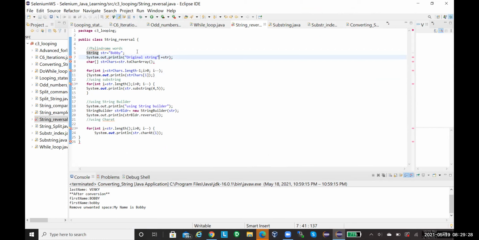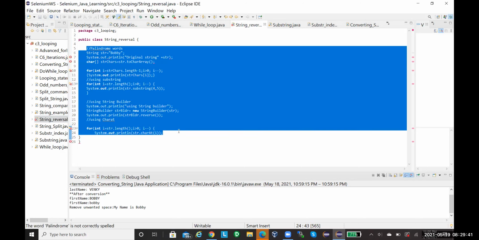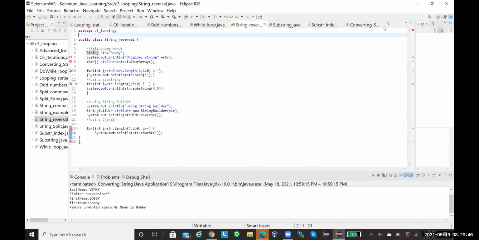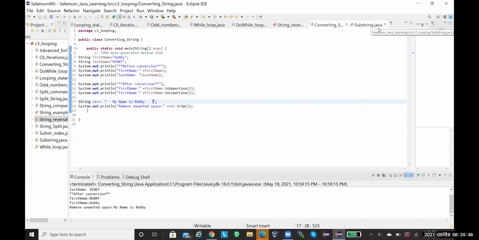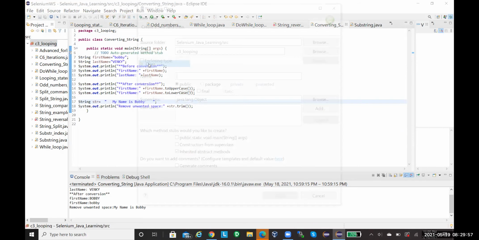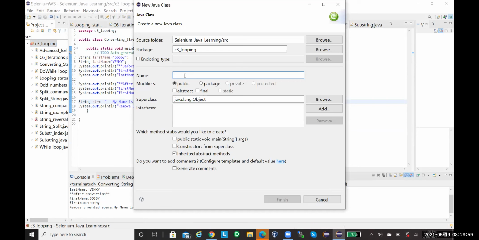I think you're speaking on mute. I'm unable to hear you. The public main method? Exactly. There is no main method. So how will it get executed? All of this should be inside the main method. Everything should be inside the main method. You can write it on your own: public static void main. No, you can copy this line and paste it there. That's fine. Yeah.